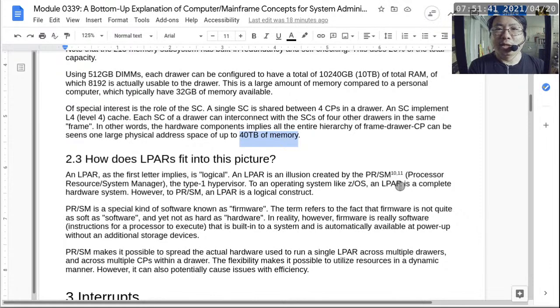emulation. It just says Processor Resource System Manager. That's just amazing to me. I mean, I just, yeah. Okay. Anyway,